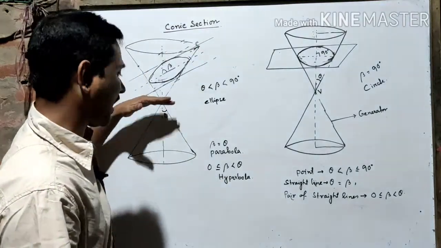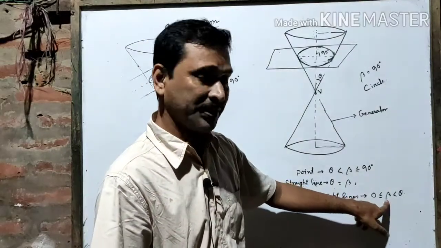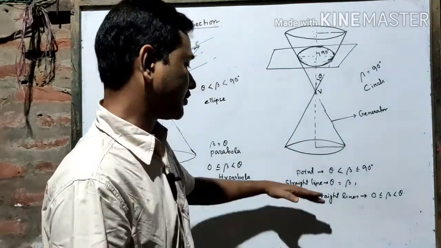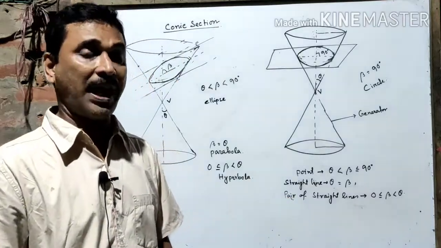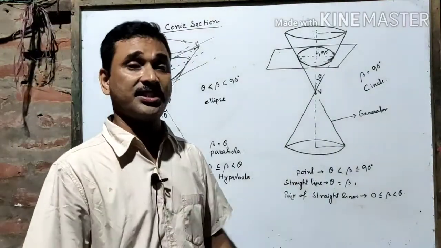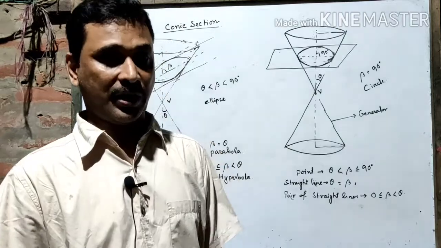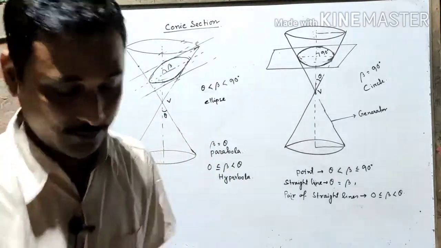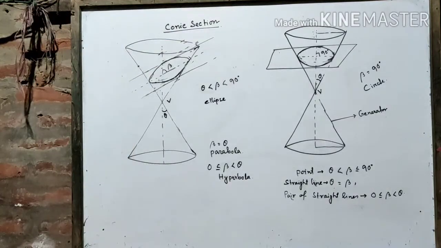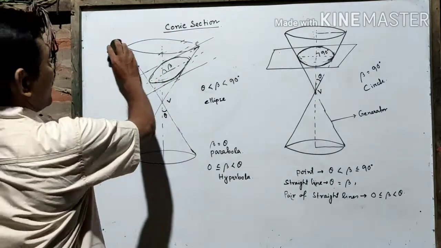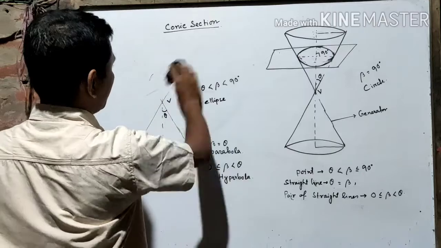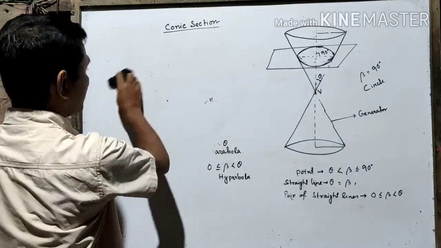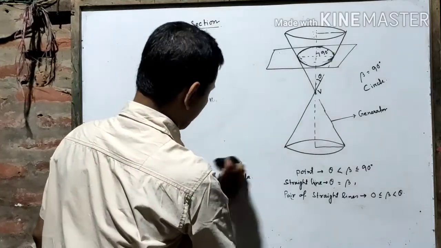This is a special case of a parabola. And when we cut at the vertex with an angle beta such that 0 is less than or equal to beta less than theta, then the cross section becomes a pair of straight lines, which is a degenerate case of hyperbola. Okay, so I hope you have learned all these things from the video. This is the physical discussion of conic section, which briefly we call a conic.